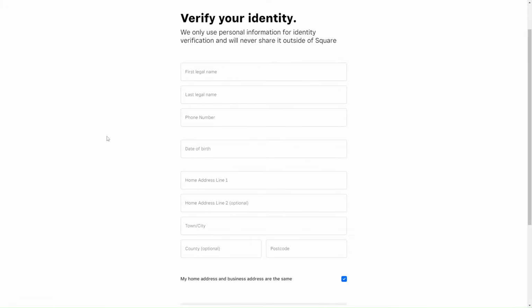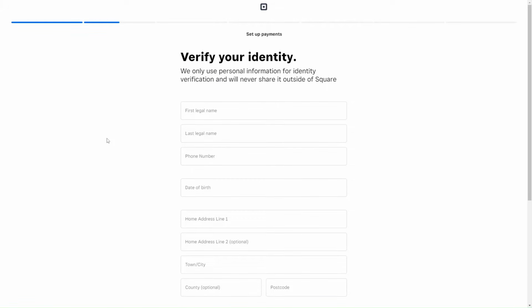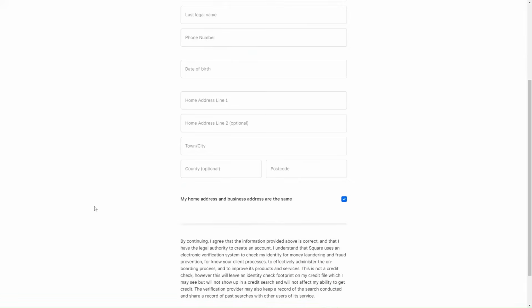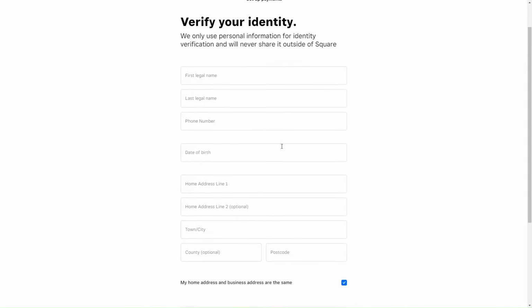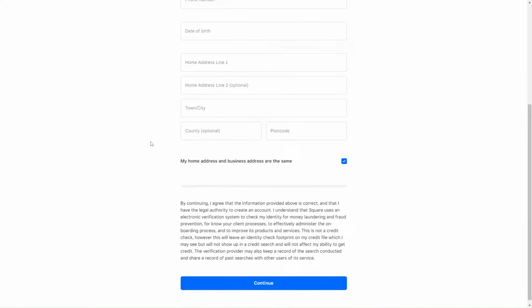The next thing that you need to do is set up some information so that they can verify your identity, and this is only for identification purposes. It's not used outside of Square or anything like that. You need to fill in your name, phone number, and some address details, and then just click continue when you're